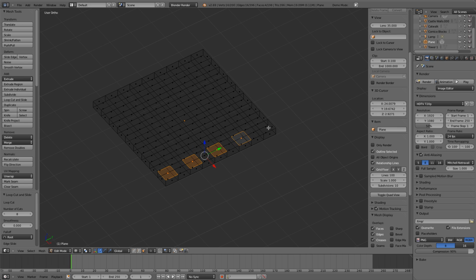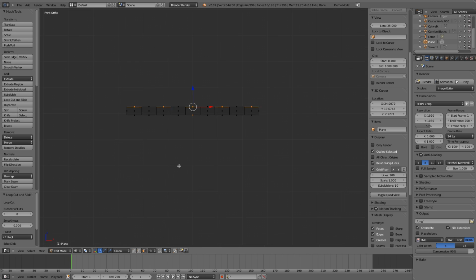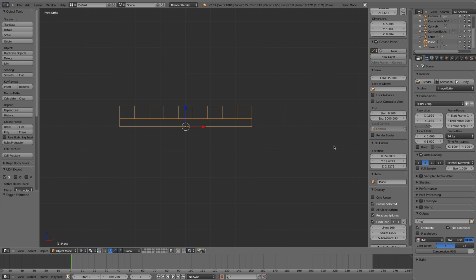So next, starting with a corner face, select every other face along the outside of the object on the top side. Make sure not to select any of the side faces or the bottom faces. Next, go into front view by pressing numpad 1 on the keyboard, and then press E and extrude them up to form our blocks. Now deselect with A and tab into object mode, and now name this object Tower 1